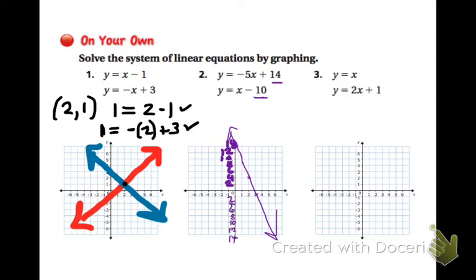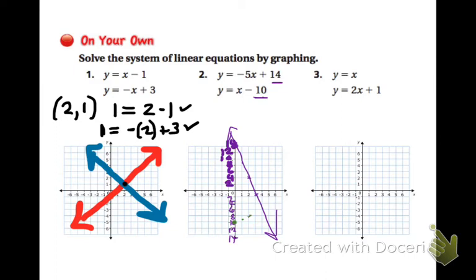For my second equation, I have to graph the negative 10. So that's going to be on the y-axis at negative 10. And the same thing happens when I count my slope. In this case, my slope is going to be positive 1. So I will go up to negative 9 and over 1, up and over,